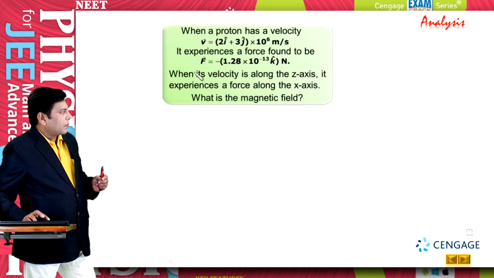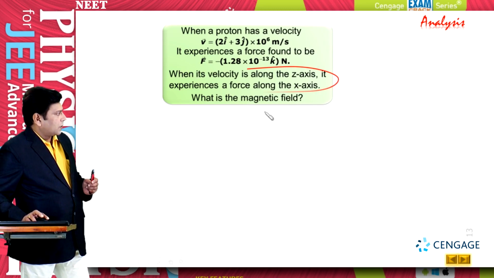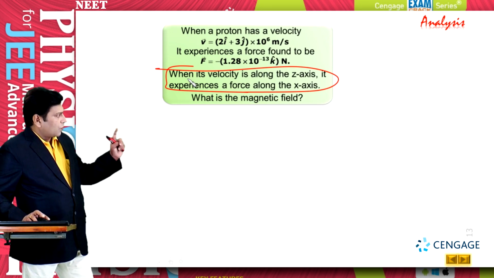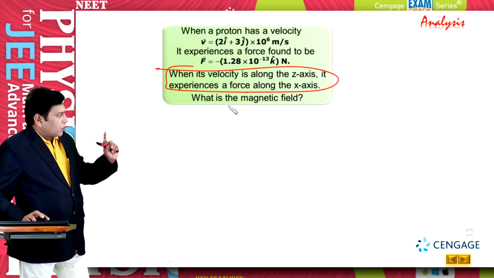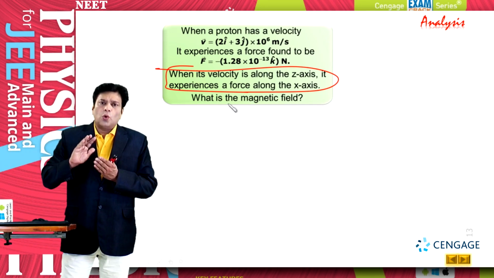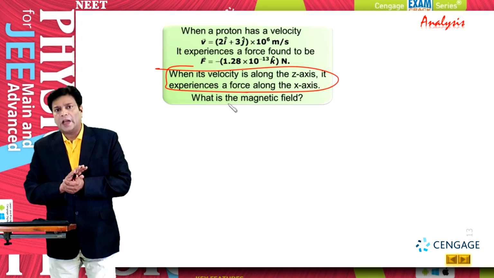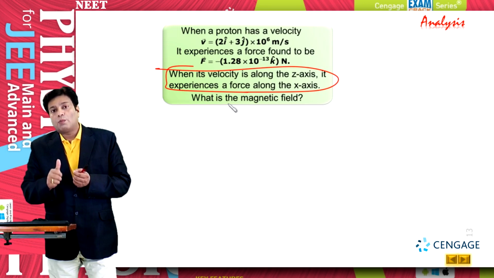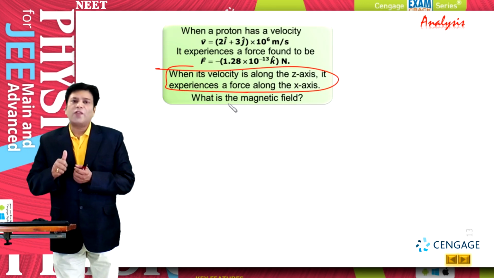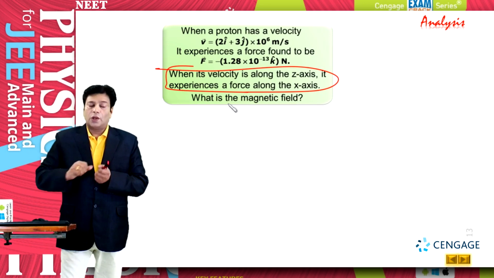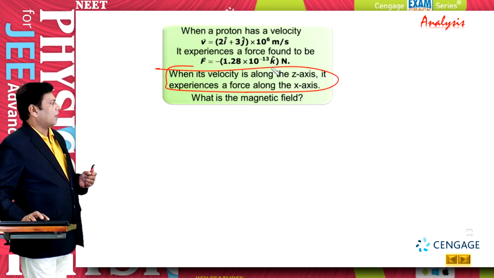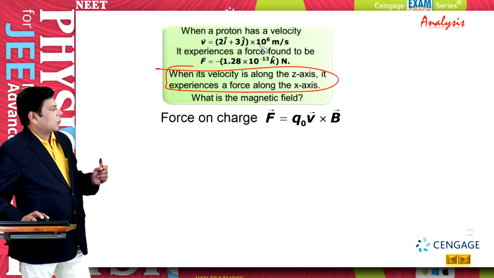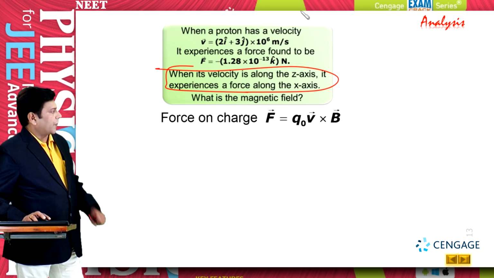So let us write this problem again. And in this problem, this paragraph is important, so let us follow this paragraph again. And you know, force equal to Q V cross B, that is the cross product of the velocity and magnetic field. From the cross product of the velocity and magnetic field, we can get the direction of the force. So let us write the force equation again: F equal to Q naught V cross B, right?